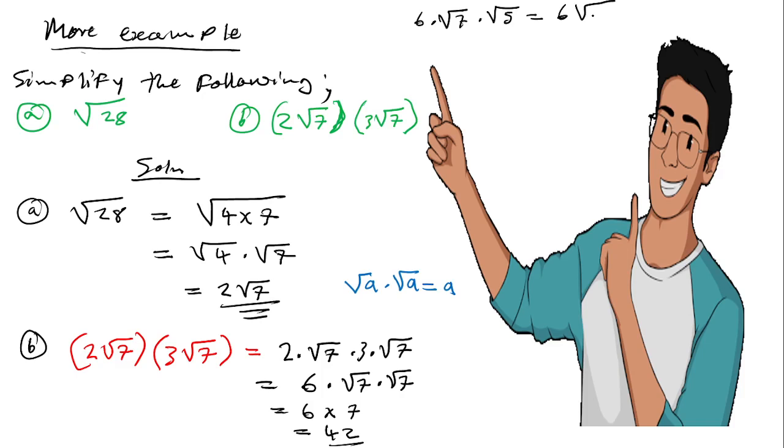So you say plus square root 2 dot square root 5. I can either write square root 2 times square root 5 or square root 5 times square root 2, because you know that 2 times 1 is 2,